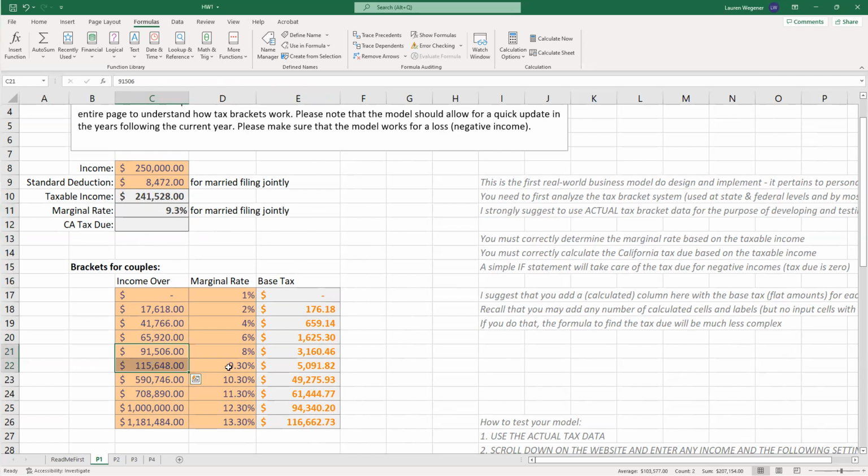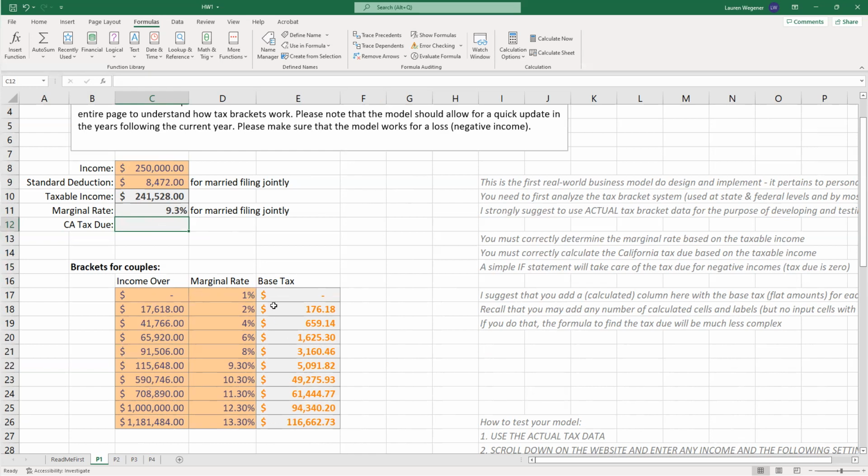But we can't just select those cells, because if the number changes, then which cells are involved also changes. So we need Excel to do all the work for us and look up what it's supposed to be. So let's just build this out. The first thing we're going to want it to do is add the base tax. So we want it to look up which base tax from here is applicable. For that, we could use VLOOKUP, but the problem is